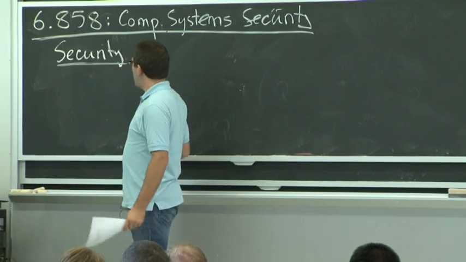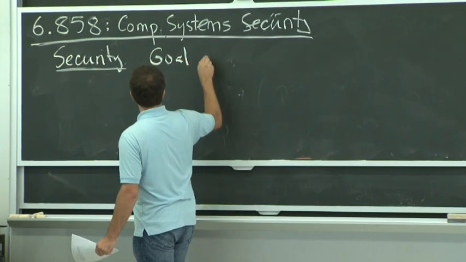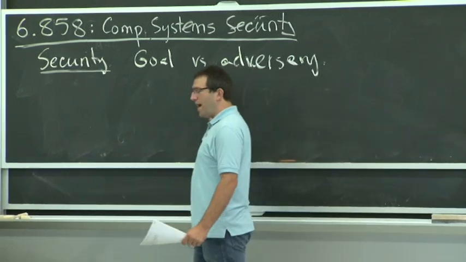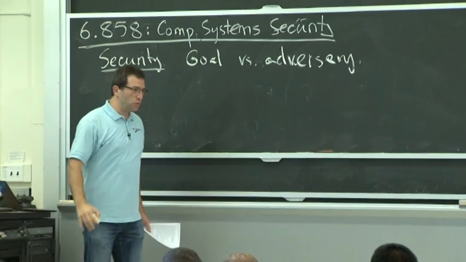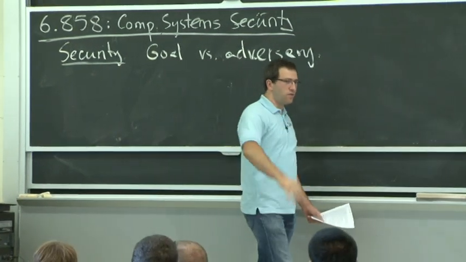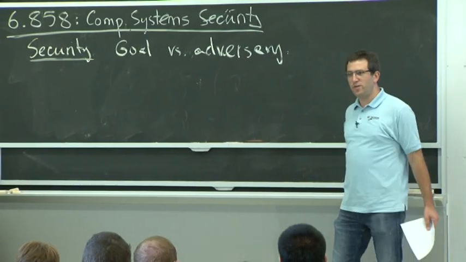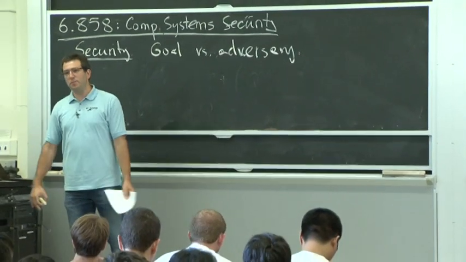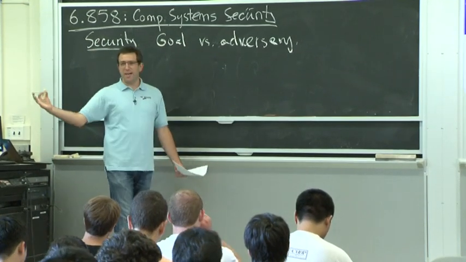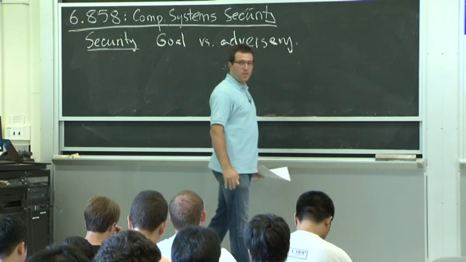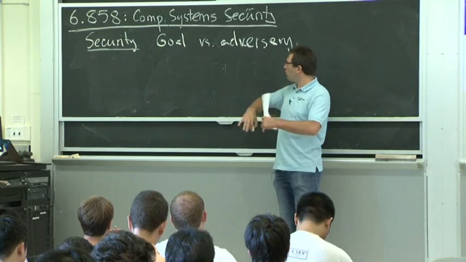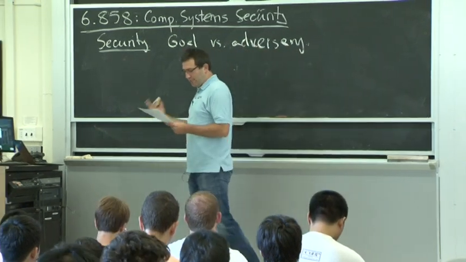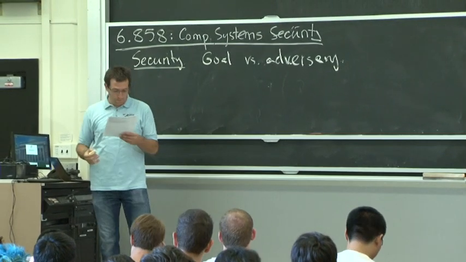So security in general is all about achieving some goal when there's an adversary present. Think of it as there's some bad guy out there that wants to make sure you don't succeed. Like they want to steal your files, they want to delete your entire hard drive contents, they want to make sure nothing works and your phone doesn't connect, all these things, right? And a secure system is one that can actually do something regardless of what the bad guy is trying to do to you. So it's kind of cool that we can potentially build systems that are resilient to a whole range of bad guys, adversaries, attackers, whatever you want to call them. And we can still build computer systems that allow us to get our work done.